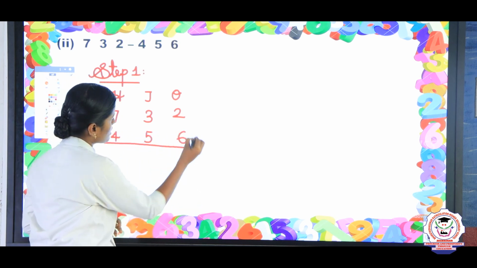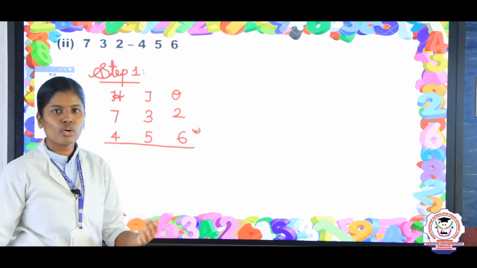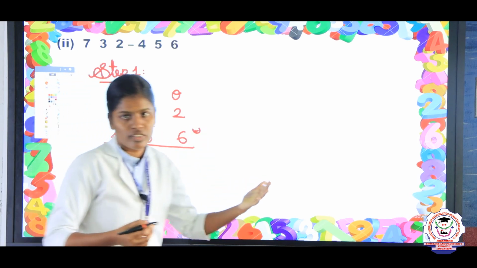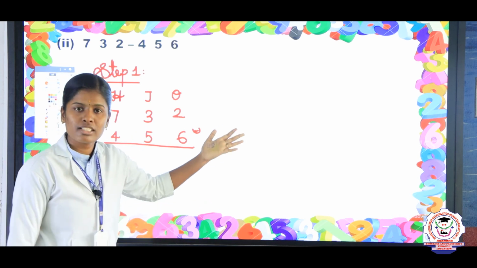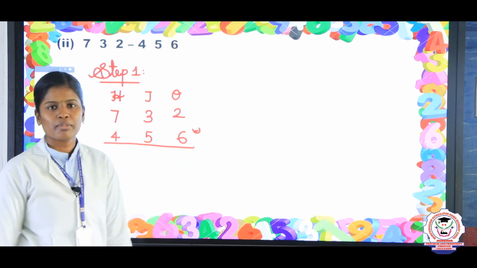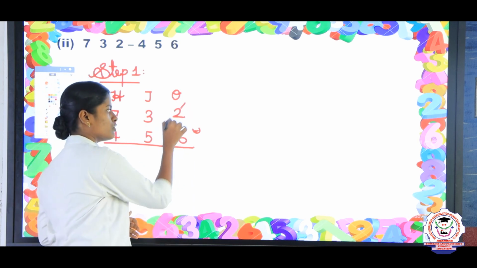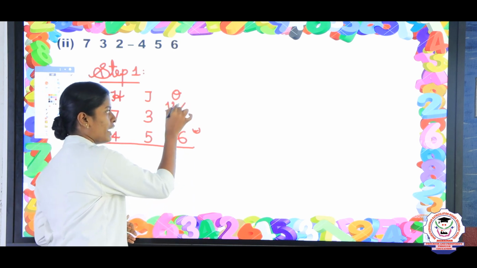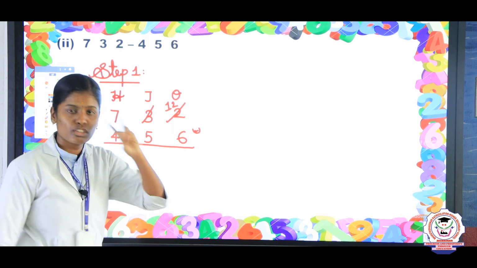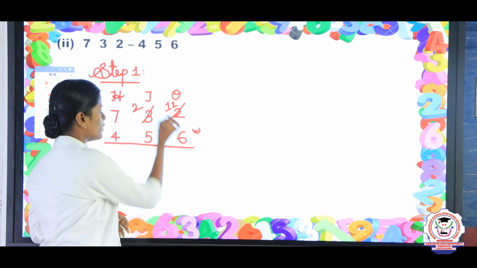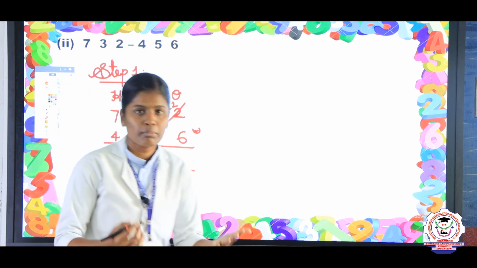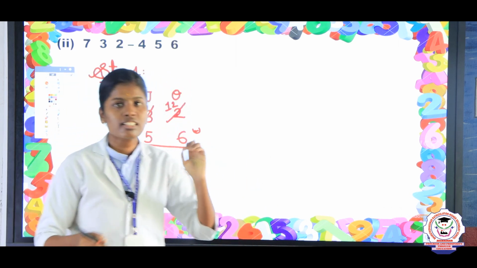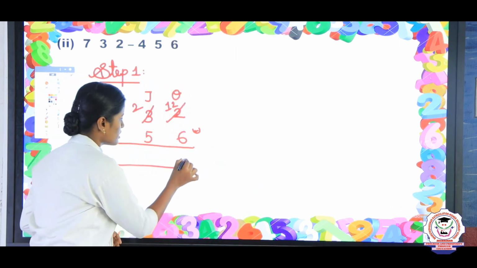Now, you subtract this. While subtracting, you all know we will take the first place. So, what is the first place? 2 minus 6 is there. Is 2 minus 6 possible? No, it is not possible. So, 2 will change into 12 and the 3 tens will change into 2 tens. So, write here 2. Now, we are going to subtract 12 minus 6. What is the answer? 12 minus 6, the answer is 6. So, write here 6.